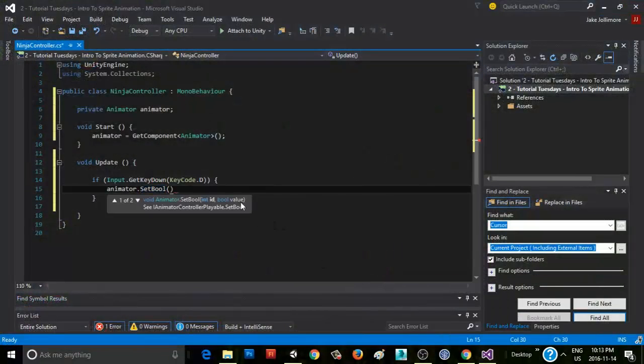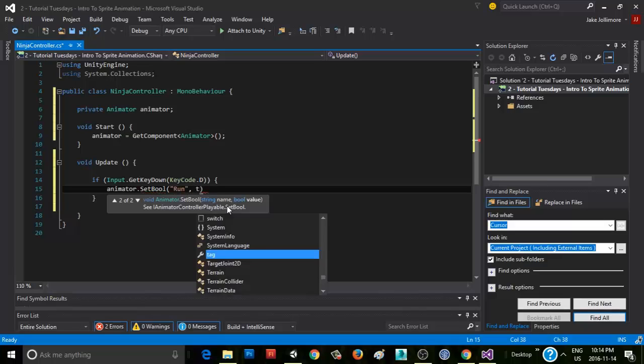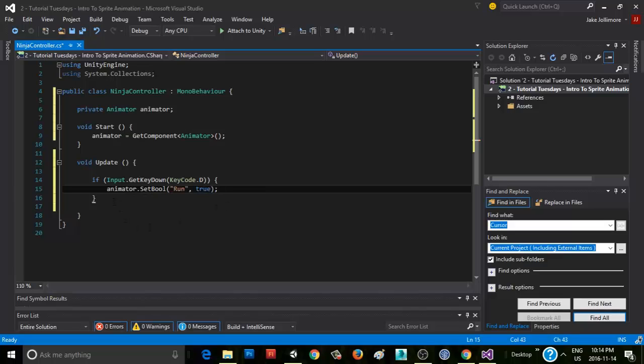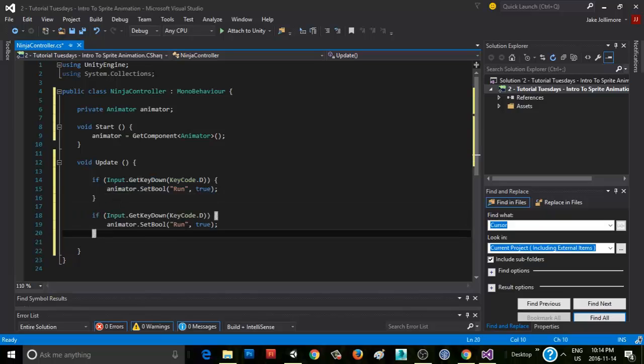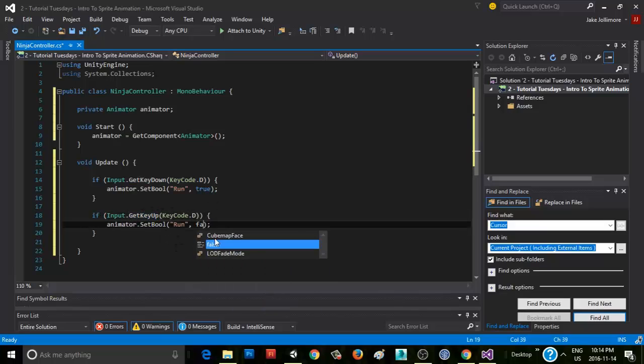set bool. So it by default gives you this here, an ID. That's really not intuitive. If you just put like a 0 in there, when you're reading your code later, you're not going to probably remember what animation state that is. So rather, I like to use this one, which is string name. So you can say set the run boolean to true if they press D. Then we're going to want to copy this. So if they let go of the D key, so get key up,